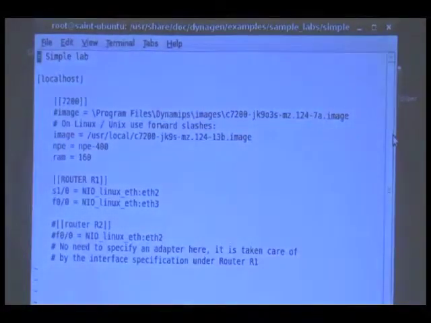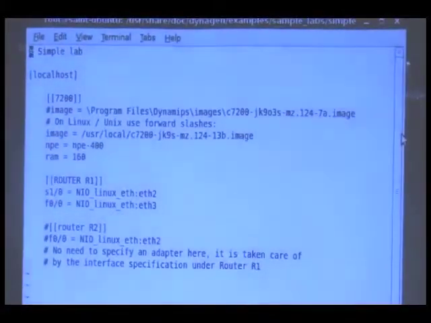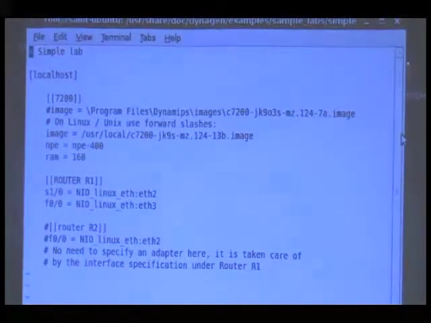See how in this configuration file it's saying on localhost on port 7200, I'm going to run this 7200 image. See that 7200 image? Yep. And I'm going to attach serial 10 to ETH2 and F00 to ETH3. Well, it's not ETH2 and 3, because when we imaged it, it changed it to 4 and 5. Yeah? So what you're going to do is change